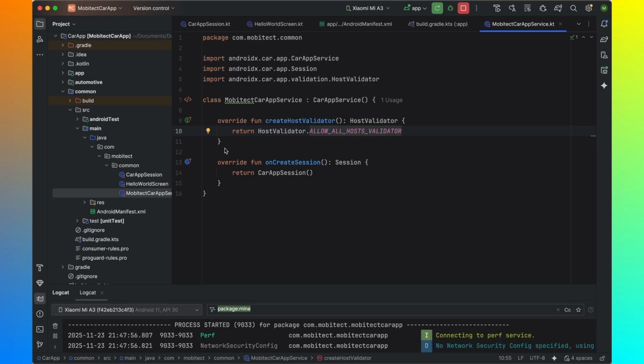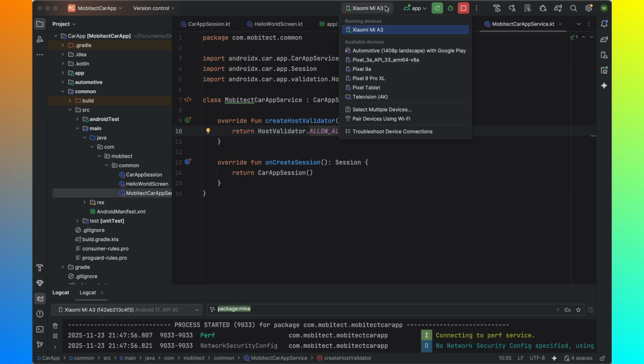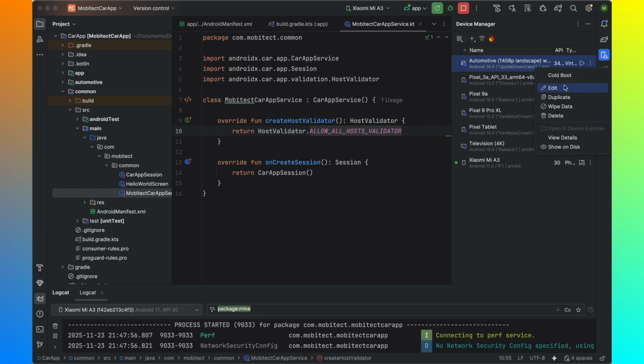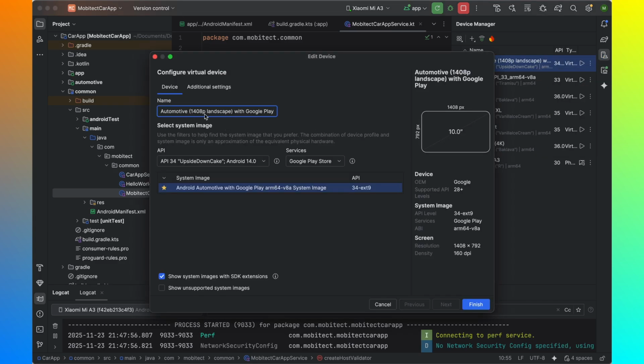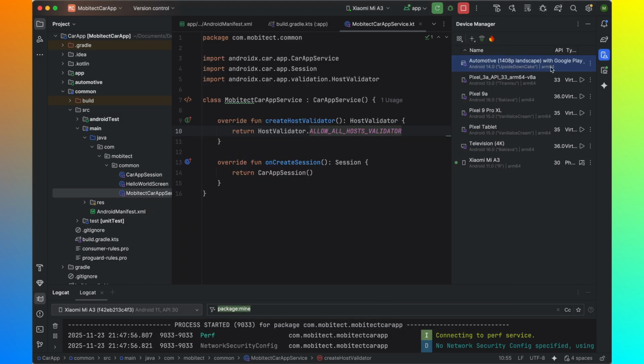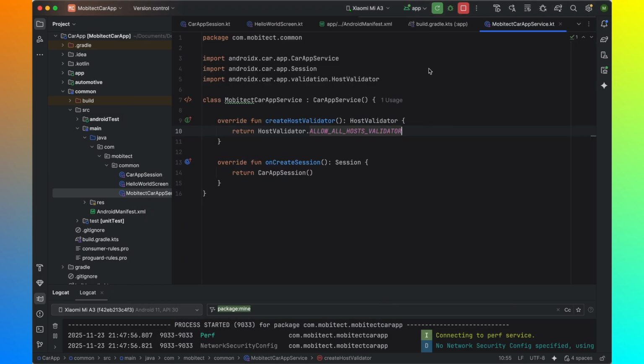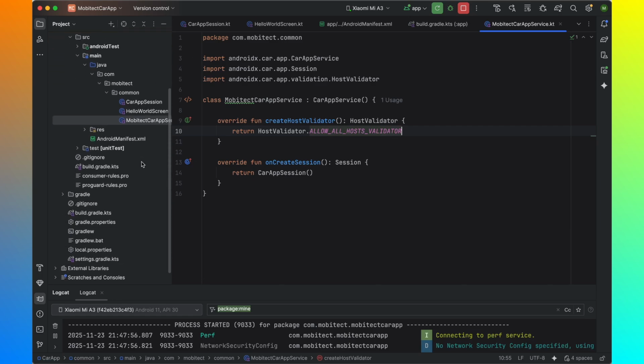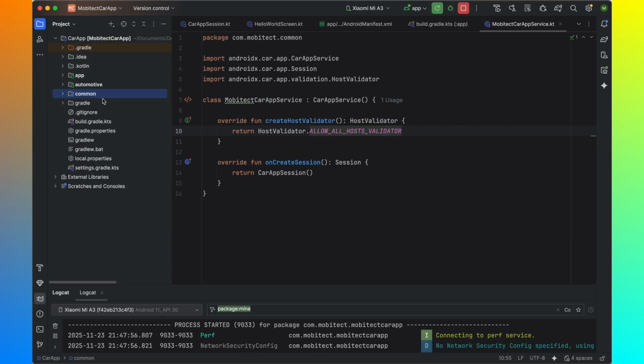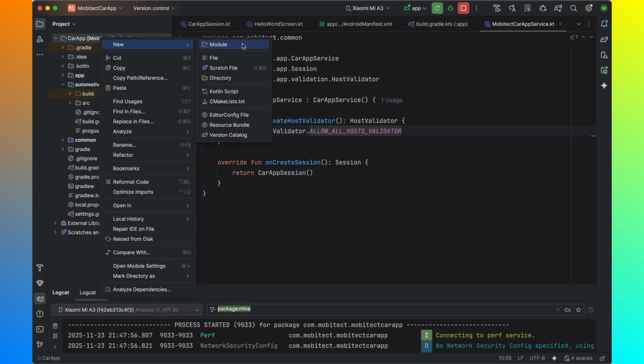Now with a similar project we will try to give support for Android Automotive OS. I have already created the Android Automotive device. If you go here in the edit section, we can see this Android Automotive device. First, we need to create this automotive module. How this is created is, you just go here in a module